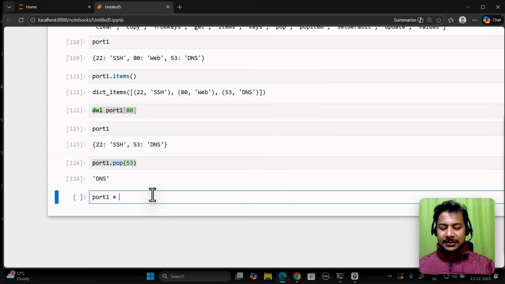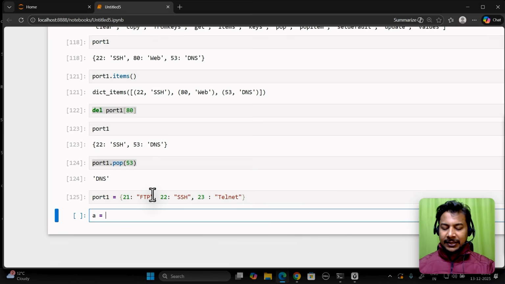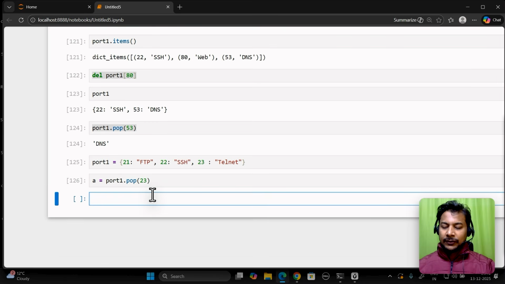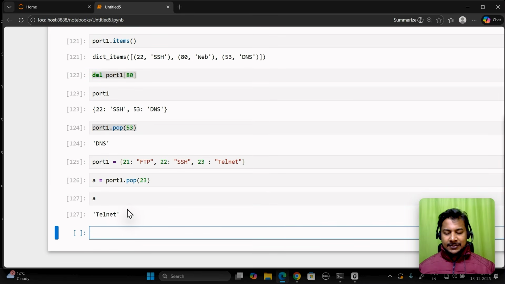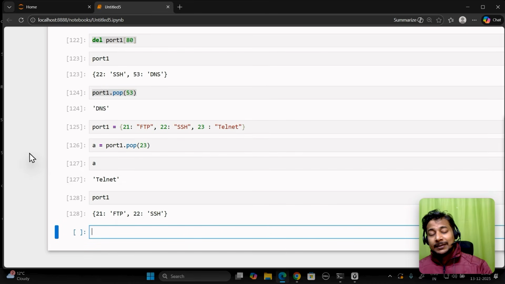Let's see one more example. Consider I create a dictionary with the same kind of ports: 21 for FTP protocol, 22 for SSH, we know very well, and 23 for telnet. I want to take what is deleted in a variable: port1.pop(23). So what is deleted? Telnet is deleted. If you want to remove from the dictionary and save it in another variable, you can use the pop method. Similarly, that is also applicable for the list. The pop method is also applicable for the list, because a list also contains this kind of method. So I hope you get a sense